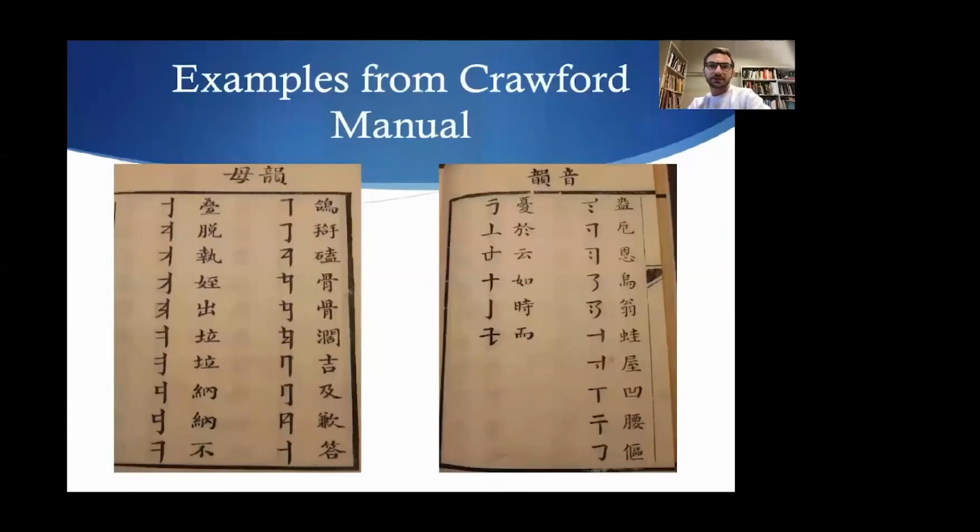So this is just an example of what the manual looks like. Over on the left, you can see that perpendicular line, and everything to the left of it. I'll go into more detail later about how you can actually distinguish the sounds, but what I'm trying to show is that everything is to the left of the line. So that's how you know that it's an initial. And then over here on the right, you do not have a line, but you would connect those symbols to the right of those lines to create your syllable block.